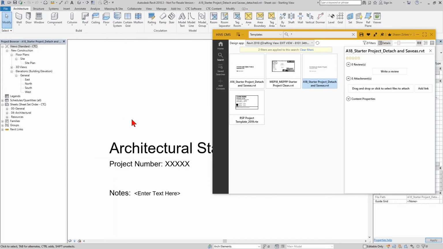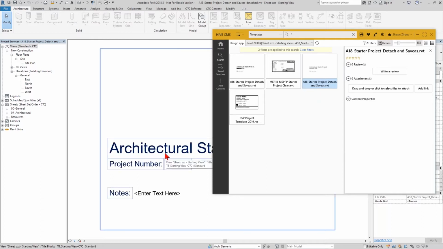So I can use this, and this is pulling this in very quickly. This template here is stored in Hive on the cloud because of how I've got my options set up. And I'll show you later where you can change that. So if you don't want your stuff cloud hosted, you can certainly turn that off. But one of the benefits here, especially right now, is, again, cloud hosting that content and making it very readily accessible. This template, this starter project, just got cached to my computer from the cloud and opened up in a